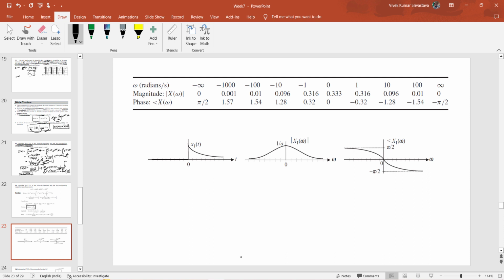So like here you can see that for different values of omega I have calculated the value of magnitude and phase. Okay, so once you calculate and plot this magnitude and phase spectra, you will get the spectra like this. Magnitude will be varying like this, like a bell shape. And phase is nothing but progressively decaying, it is decaying in nature. So that is how you can evaluate, or say check, the magnitude and phase spectra of any Fourier transform.